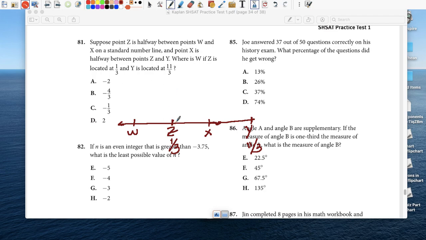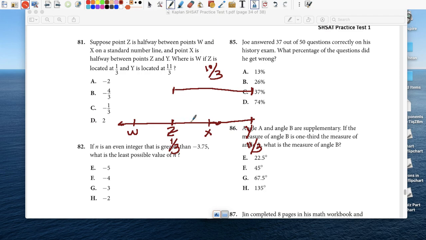If point Z is at 1/3 and point Y is at 11/3, the distance between Z and Y, okay, from here to here is 10/3, right? So if you're going by 1/3, by 1/3, okay, so it's 1/3, and again,